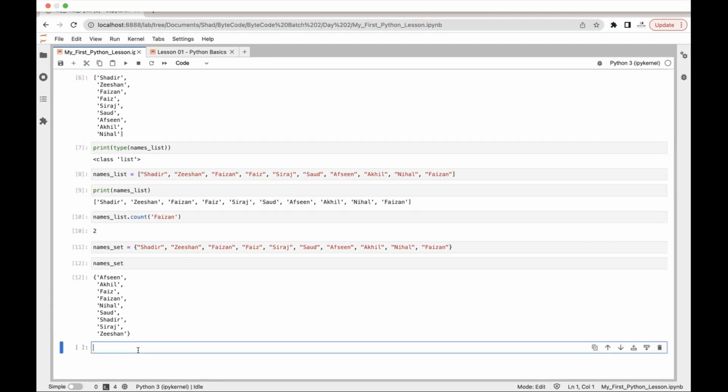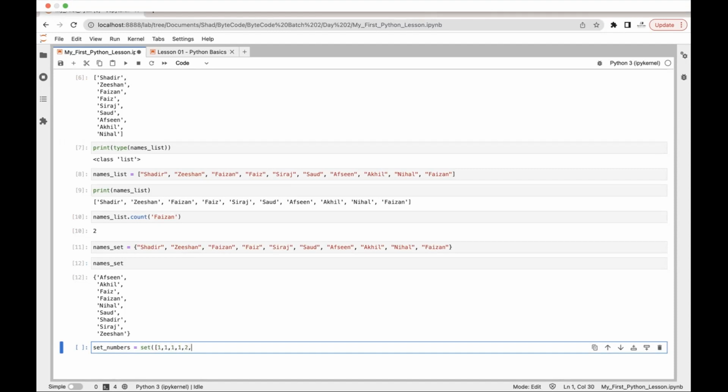Let's suppose I want to define a set of numbers. I can define it in two ways, either by using curly braces or by directly using set, and inside the set, you can give one list with